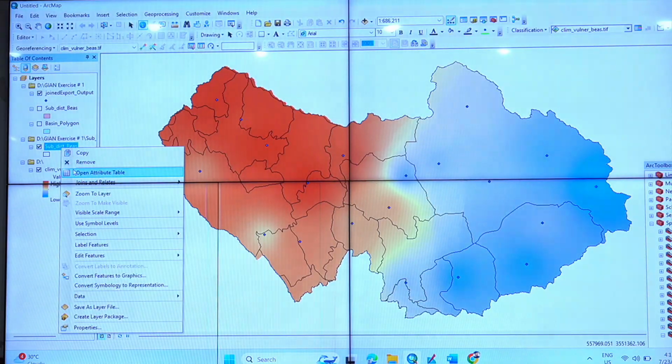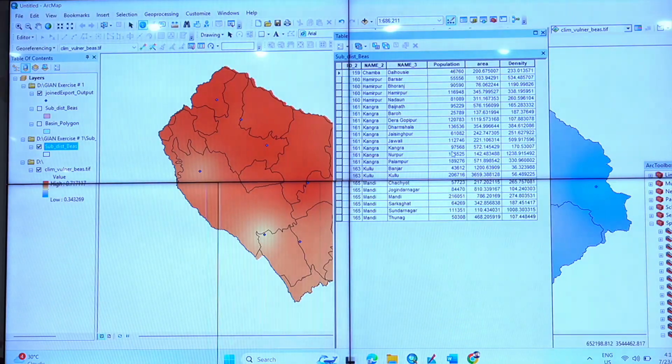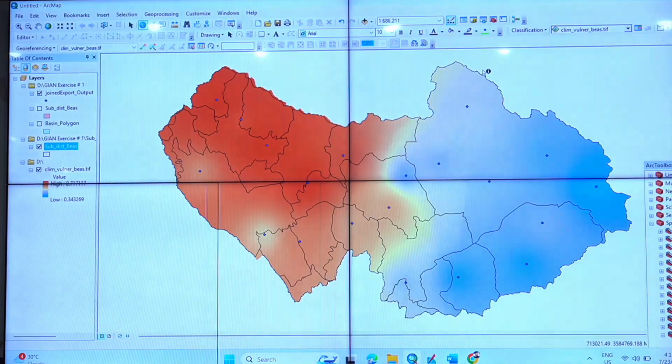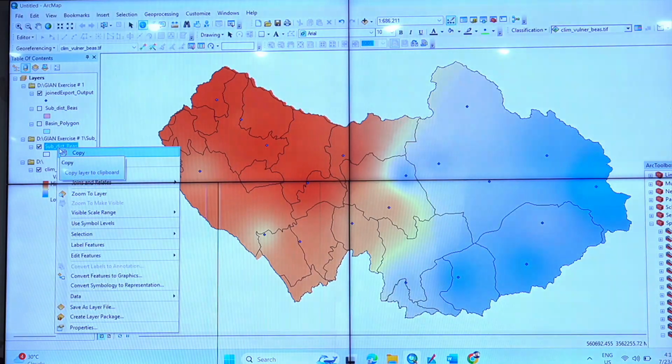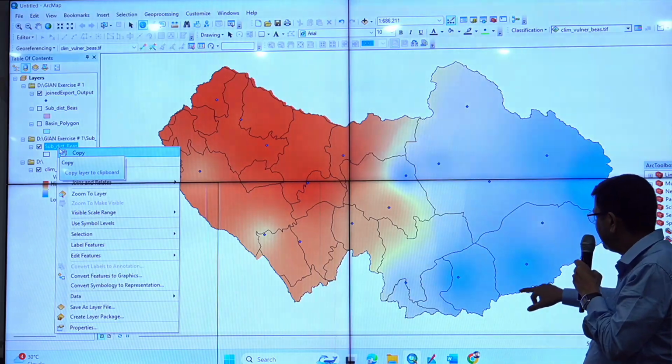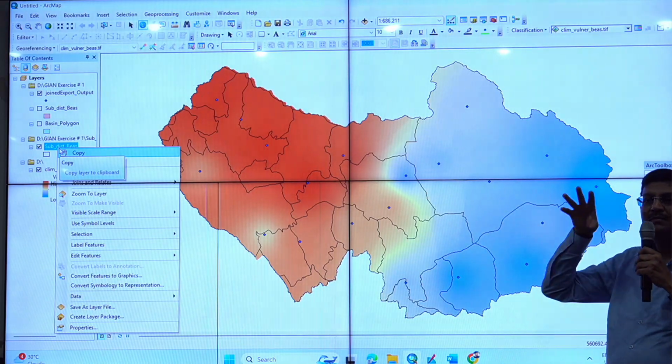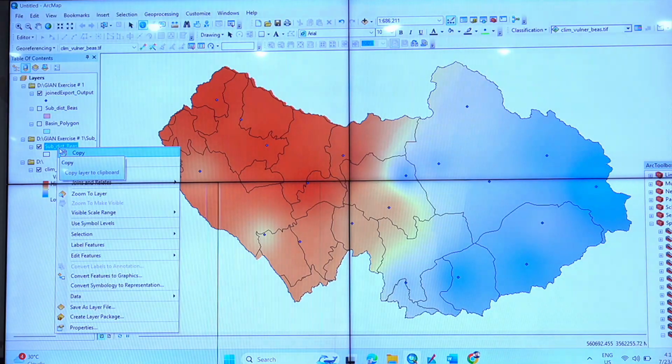So what I do is if I go in the attribute table, यहाँ पे हमारे पास पॉपुलेशन डेटा है. This has to be overlaid so that we can see what is the state of affairs, because हमें सिर्फ vulnerability नहीं देखना है, कितने लोग impact हो रहे हैं, and accordingly government has to make the policy document कि कैसे उन लोगों को बचाया जाए. So what we need to do is इसके ऊपर हम क्या करते हैं. This is our sub basin watershed boundary, and the population data is census data from some agencies that we showed you.